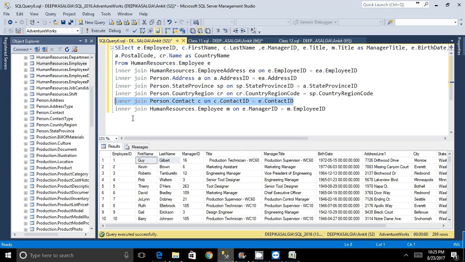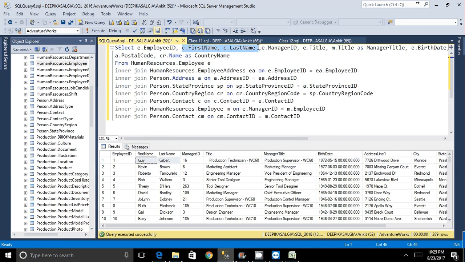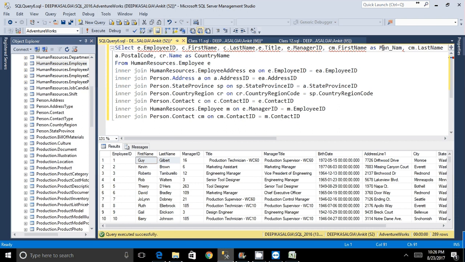So all you need to do is an inner join, and this time I'm calling this table cm, contact for manager. Then say cm.contact ID is equal to m.contact ID. Now from person.contact I'm going to get the name of the manager. So I take the first name and the last name, and I'm going to move this column in here. So the employee name, his title, then his manager ID, then his manager name. The manager name is coming from which table? CM: cm.first name, cm.last name. I'm going to alias this as manager name, and this as